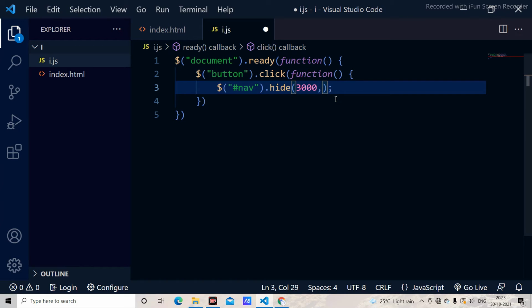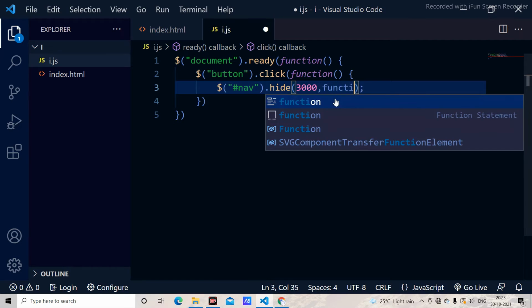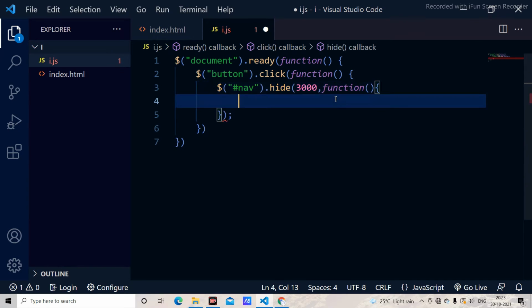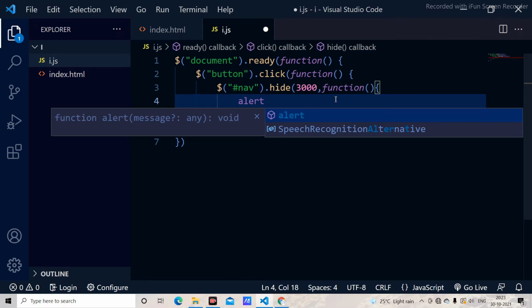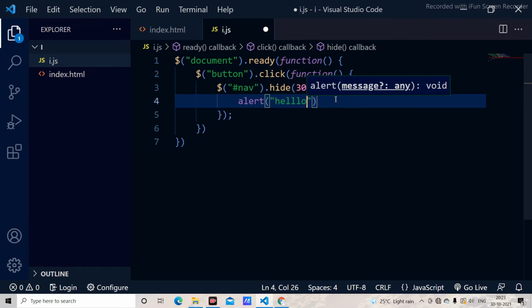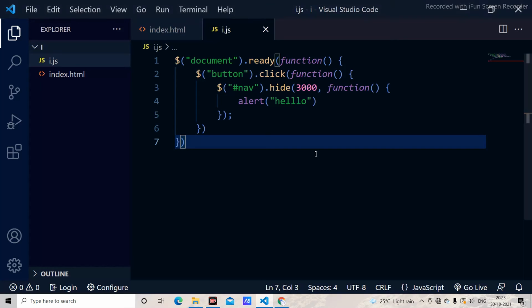And we can add the callback functions. For example, here I use a function under which I am going to give an alert whenever it is clicked, like hello. I am going to give the hello. For example, whenever the user clicks that, along with disappearing the nav bar, it is going to give an alert. For example, here it is disappearing. After disappearing, it has to give the alert, and as you can have a look at here, it has given us the alert. And this is how we go with the callbacks and the speed as well as the hide method.